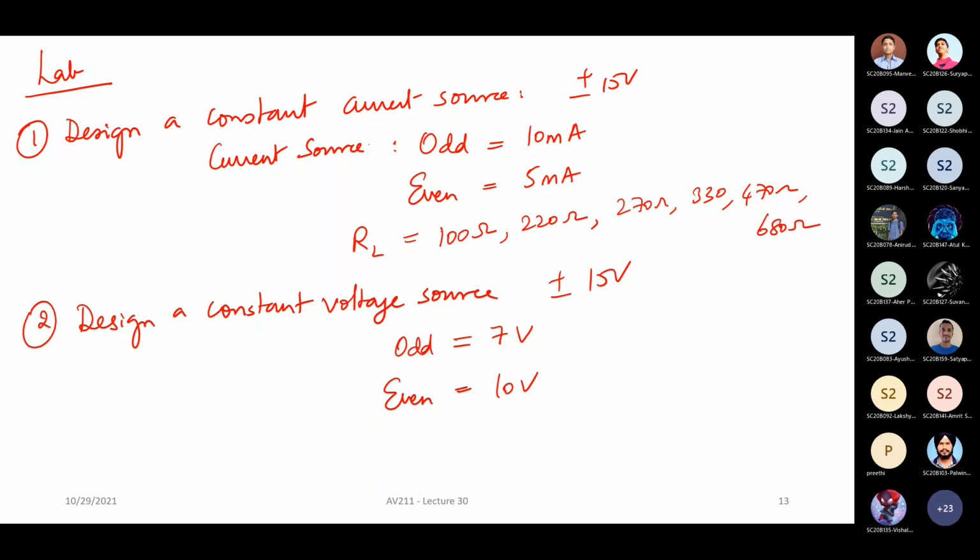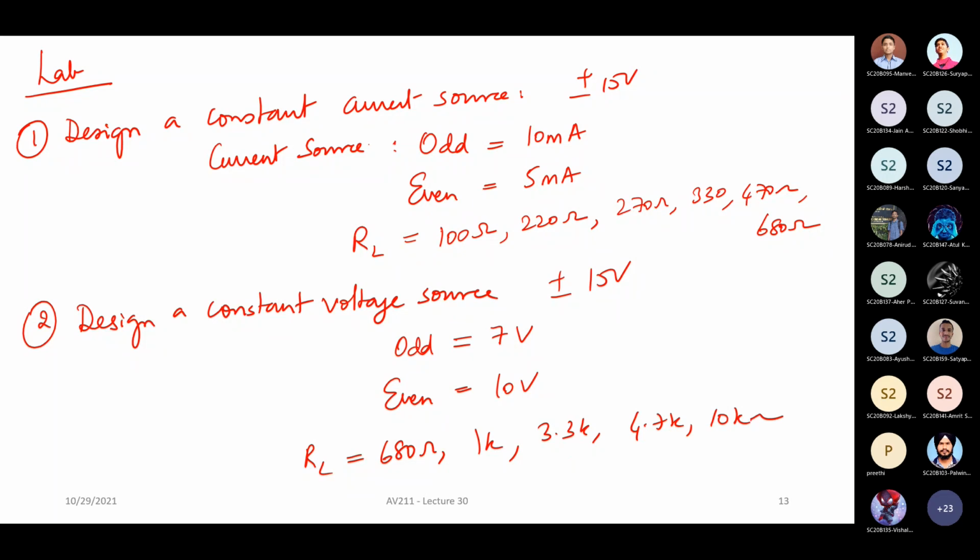Yeah. So you will test your current source for all these different values. Of course, I could have also dropped the current value and you could have taken a larger resistor, right? That is also possible, but let us just try for these resistance values. Same way for the voltage source, load resistance, you can try 10 volt by 470, you are going to have 20 milliampere of current. I think that also can be tried. Or let's say you take 680, 1K, 3.3K, 4.7K, and 10K.